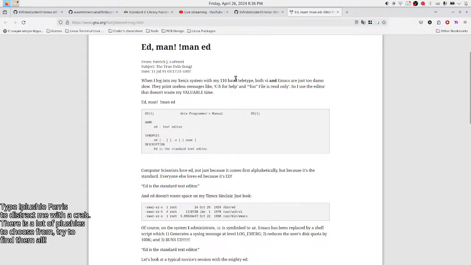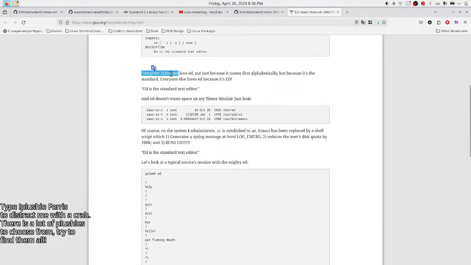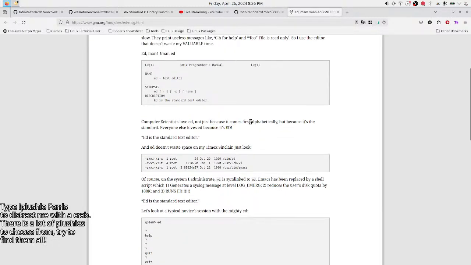Since system with 110 baud teletype, both vi and Emacs are just too damn slow. They print useless messages like "ch for help" and "foo file is read only". So use the editor that doesn't waste my valuable time. Ed, man ed. Computer scientists love ed, not just because it comes first alphabetically, but because it's standard. Everyone else loves ed because it's ed. Ed is the standard text editor, and ed doesn't waste space on my...